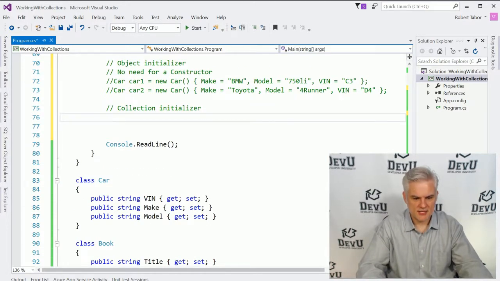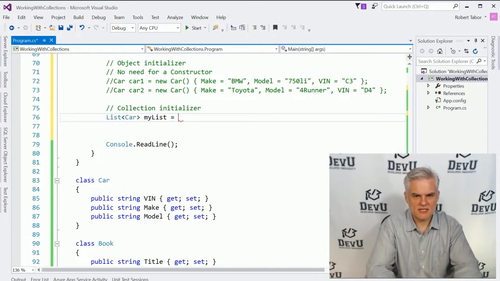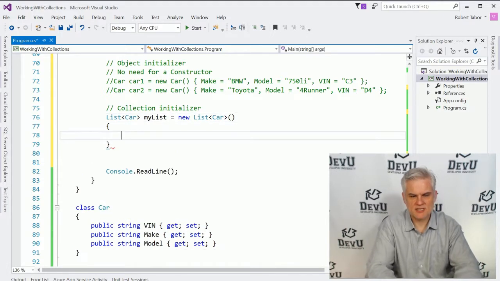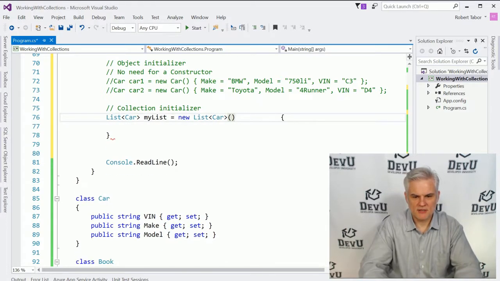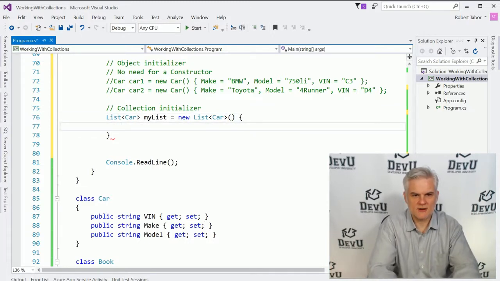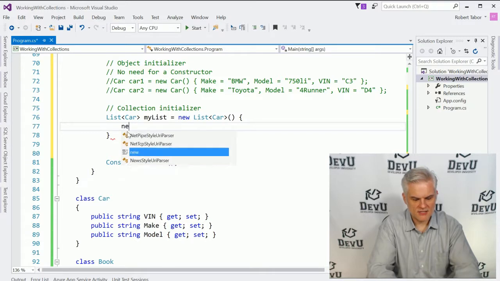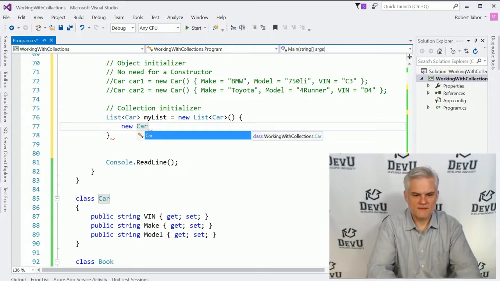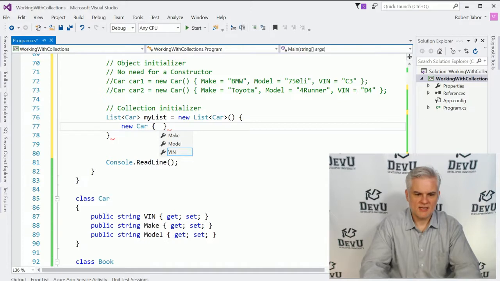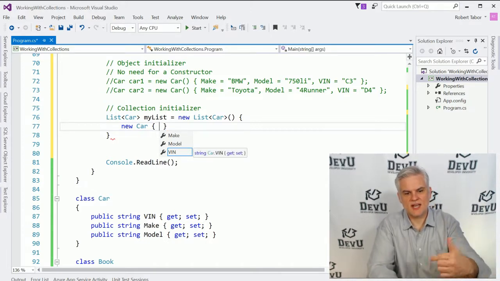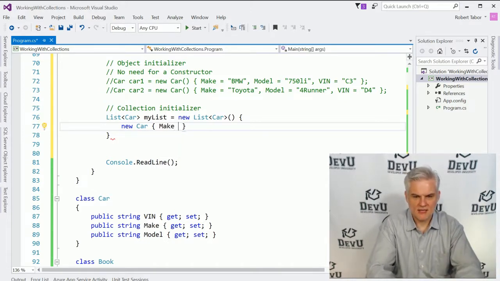So in this particular case, let's go ahead and create a list of car called myList equals a new list of car. All right. Now at this point, what I can do, and notice that I put this on separate lines here, I typically might keep this on the same line just for my own sanity. And now inside of this new empty list of cars, I can create a series of car objects like so. In fact, what I can do at this point then is use an object initializer inside of that. So here we'll go, make equals